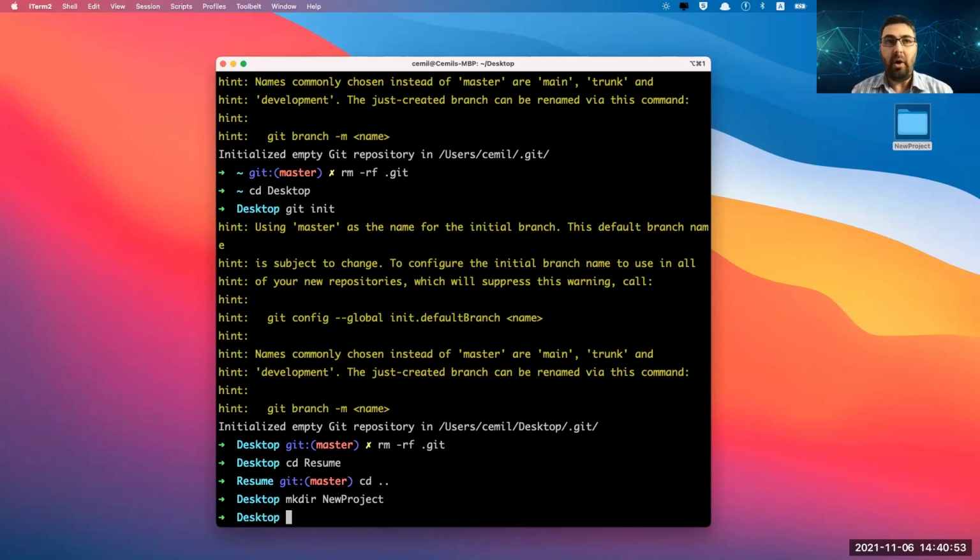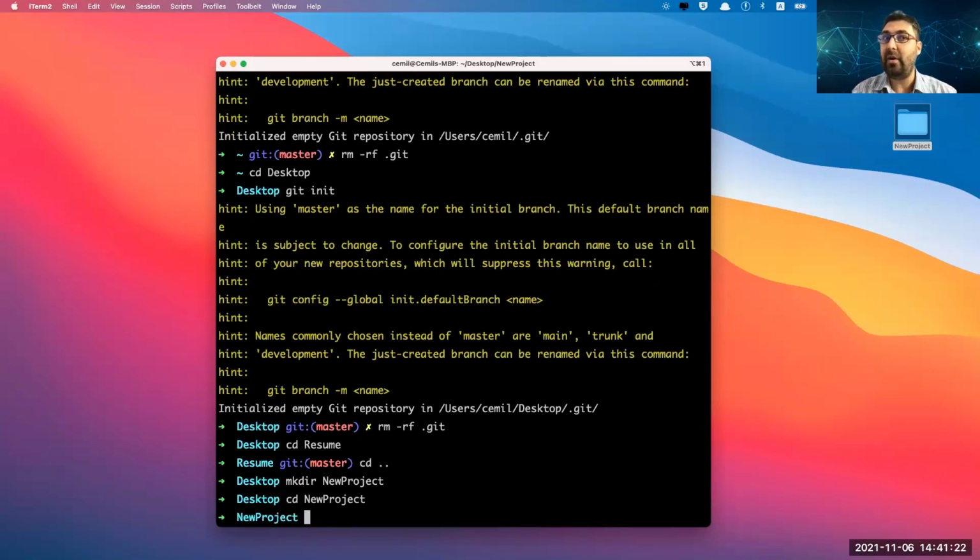To make that new project a repo, first, git init is not correct yet, because the git init command will make my desktop a repo. No, I want to enter the new project folder first. Yes, I need to cd, change directory, into the new project folder first. I need to go inside that. Oh, yes, now it's new project.